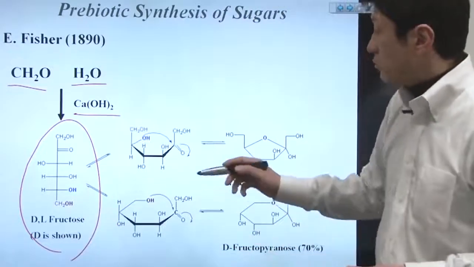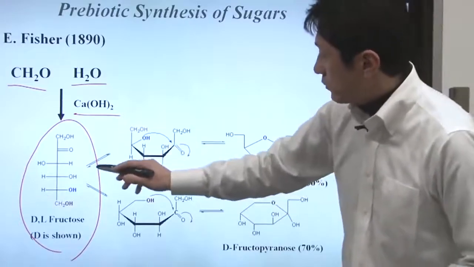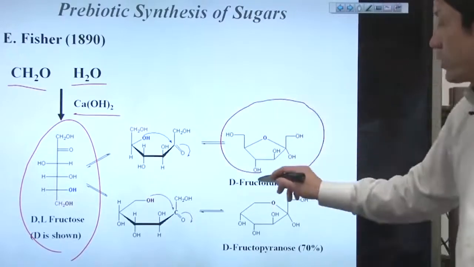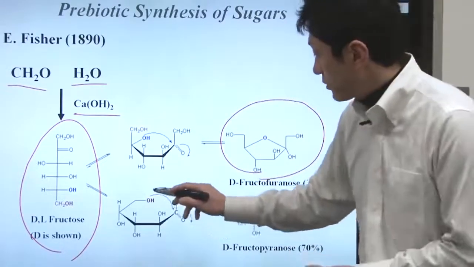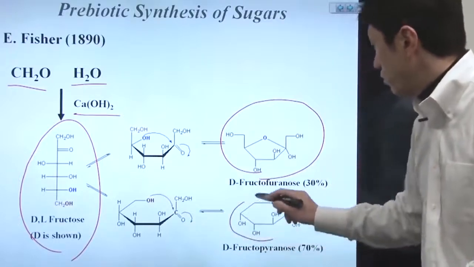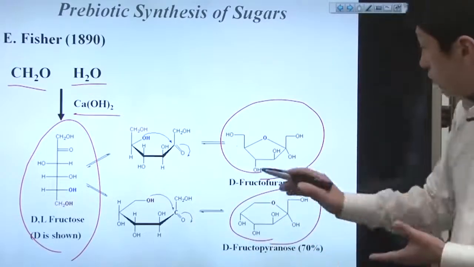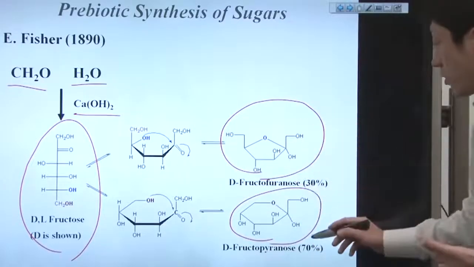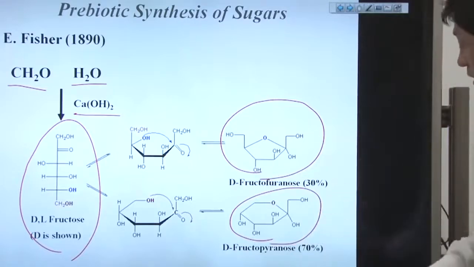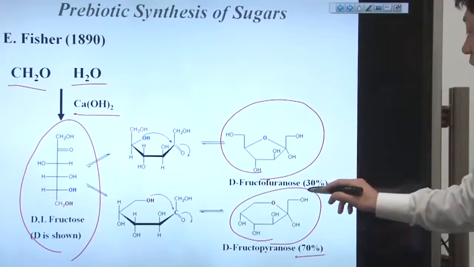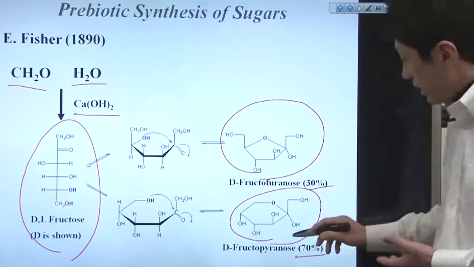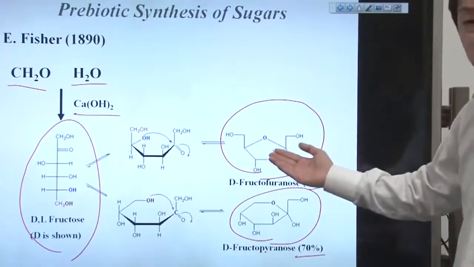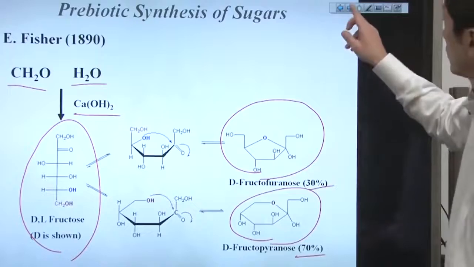The sugar can be described like this. If you get this kind of reaction, you get furanose, a 5-member ring. But if you get this reaction, you get pyranose, that's a 6-member ring. You can go either way. Actually, usually you get more pyranose than furanose. The yield is 70% here, and 30% here. So this one is easier to make. However, we use the 5-member ring for the DNA structure. Why is it?